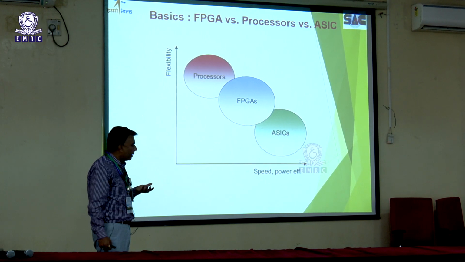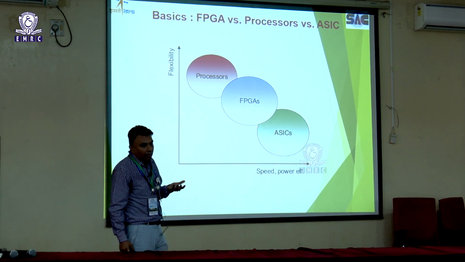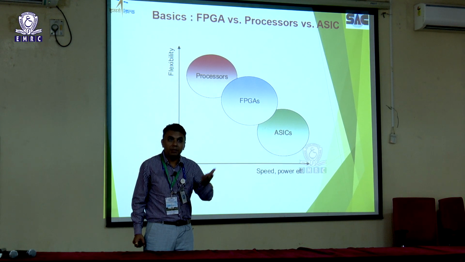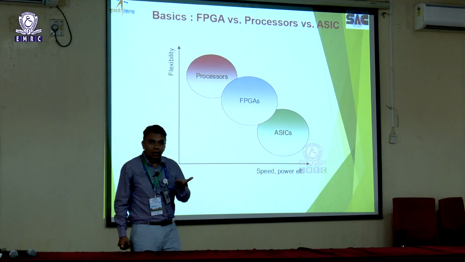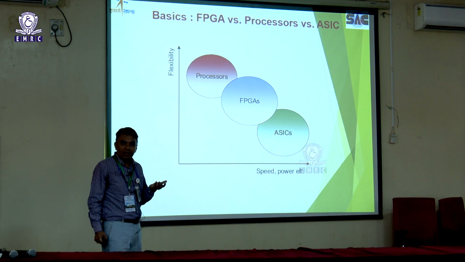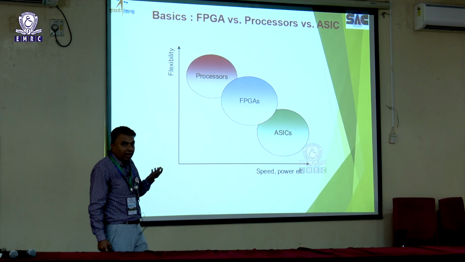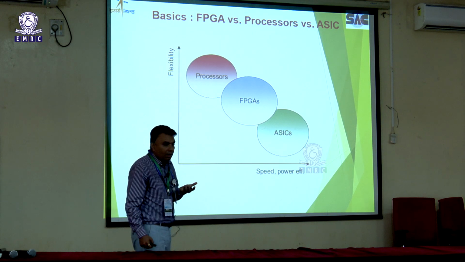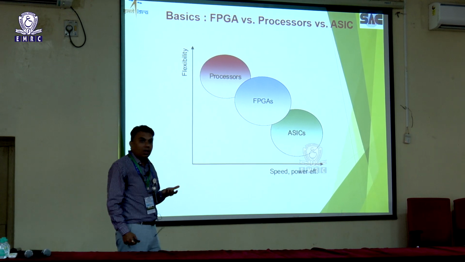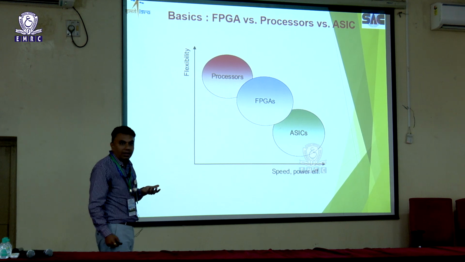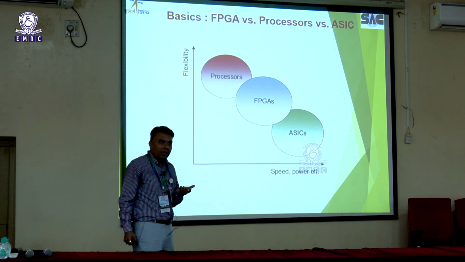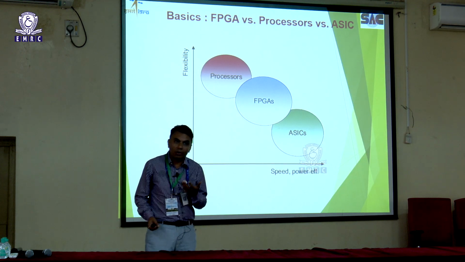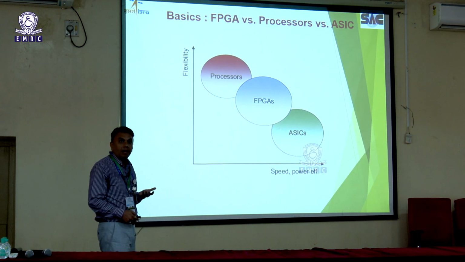But sometimes, once your design is such that we have to replicate it in multiple satellites, like the NAVIC type of satellite, which is a replica of satellites only, there we prefer some ASIC based design also. Where some mathematical computation is required, then we prefer a processor based design also. But there is a compromise. The compromise is speed versus flexibility. Ultimately we do not require a very huge flexibility, but at the same time some flexibility we require in the design. That is why we prefer FPGA based design.